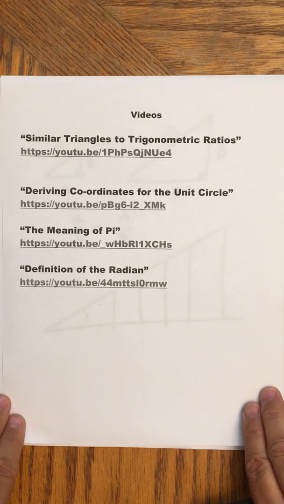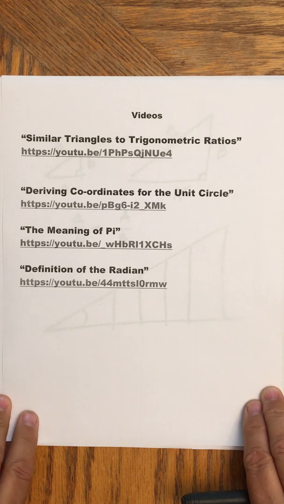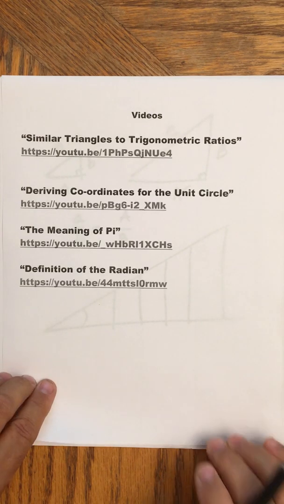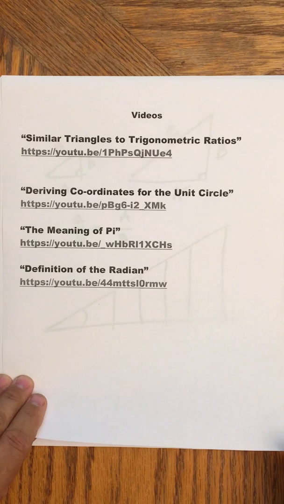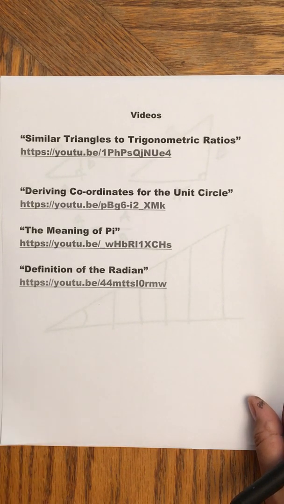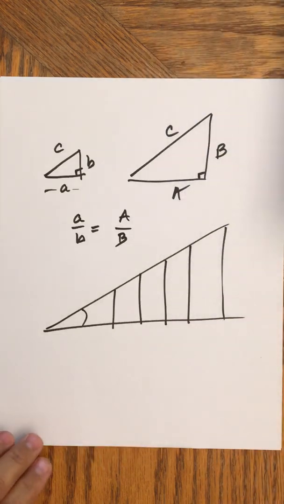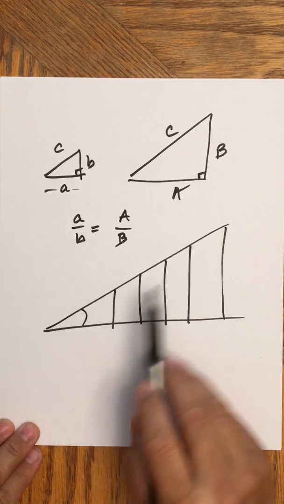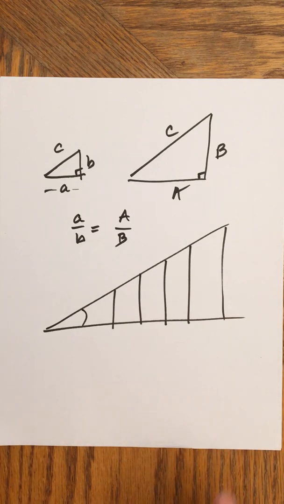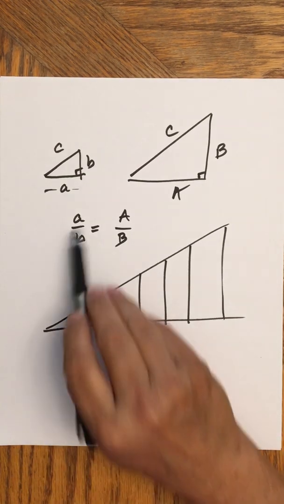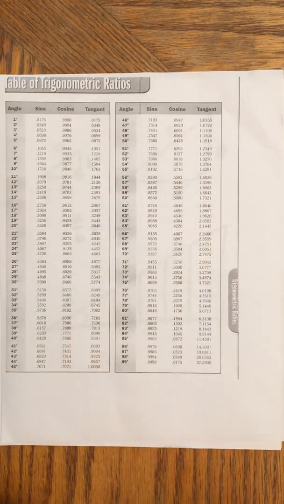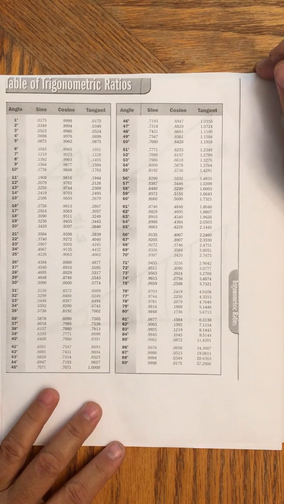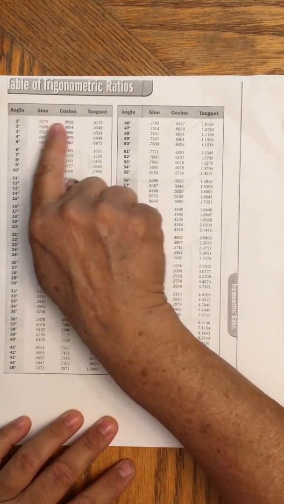In this first video, similar triangles to trigonometric ratios, if you're interested in watching that, I go through this much more deeply and explain how we needed to standardize what you call the different sides so that we can tabulate these ratios, and it becomes a lot easier to use. So in that case, we can come up with so many different ways of setting up these ratios. We needed to cut down on that. So instead of going through all the trouble of measuring a small triangle and then using it for the big triangle, we instead tabulated. We named the sides and then named how you pick two sides,